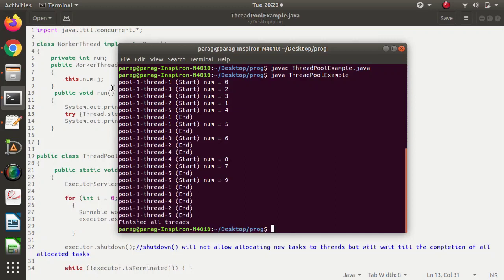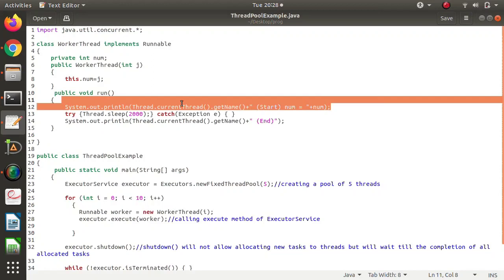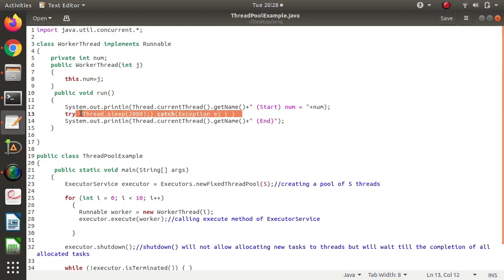In this program, when a thread started working, the first statement we have written is that the thread is getting started. Then we are providing some delay. We have passed 2000, which is in milliseconds, meaning 2 seconds.